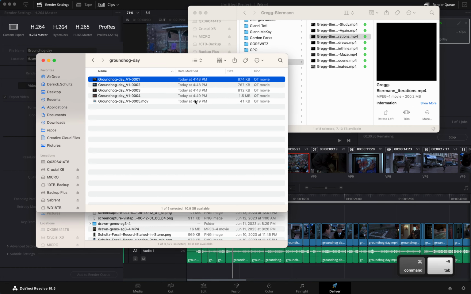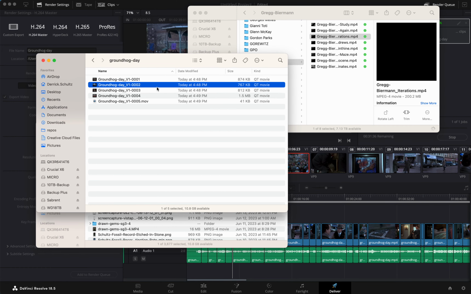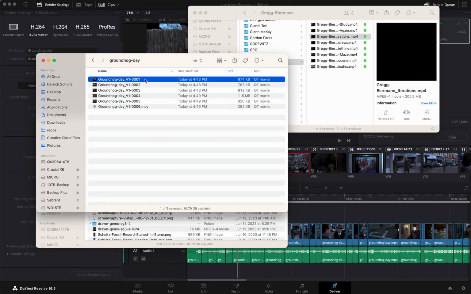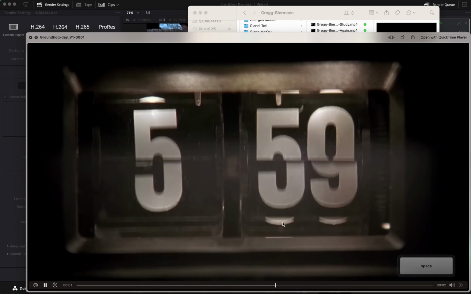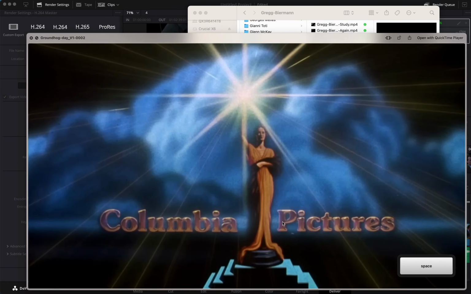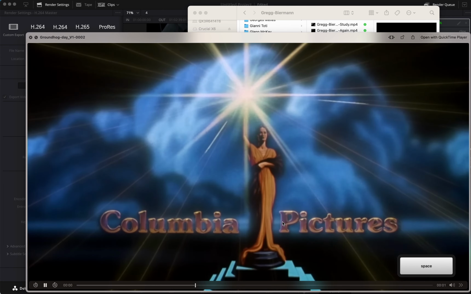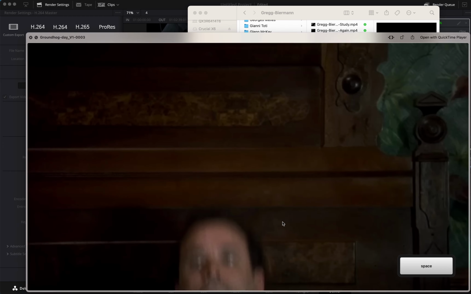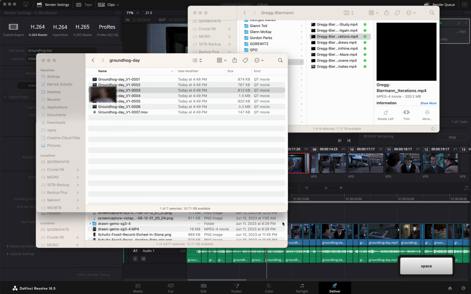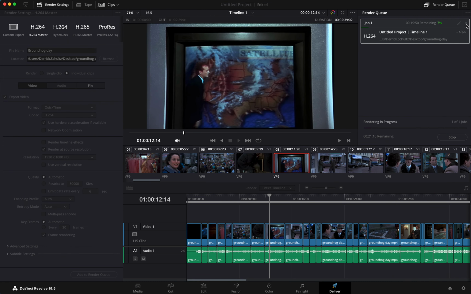When you're done, you'll get a folder of clips, and you'll want to upload those to your drive folder then. So each one of these is a certain length. And maybe you don't care about the Columbia Pictures and you want to cut that out. You would just delete it before you upload it. All right, so I'm just going to go ahead and stop that because I don't actually need to finish this, because I've already done it through PyDetect. But this is the process for DaVinci Resolve.